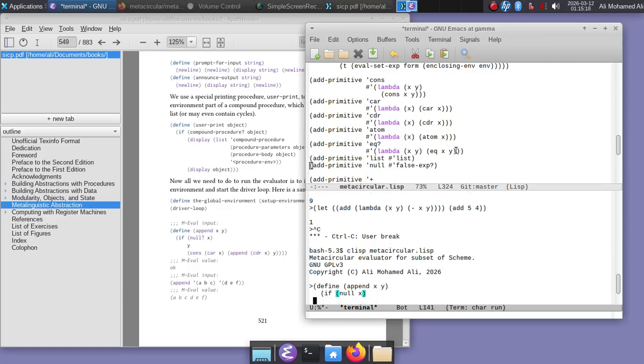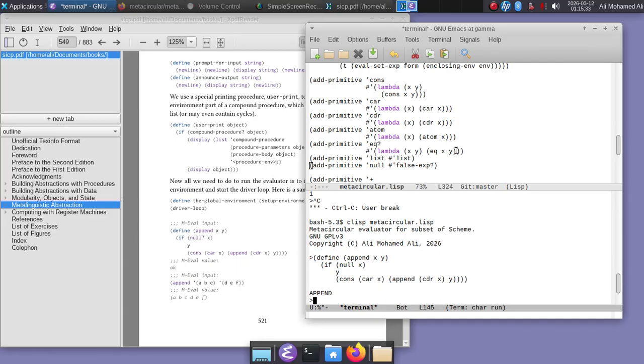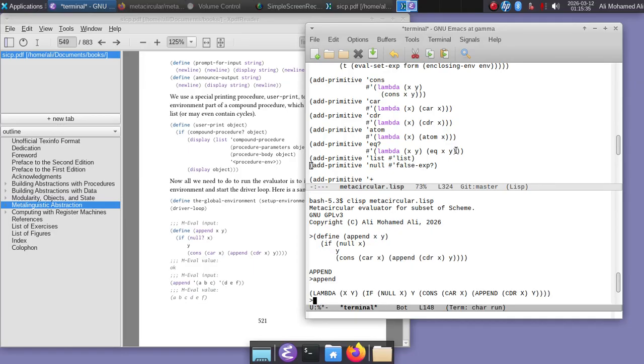If null x, return y. Otherwise, cons the car of x and the append of the cdr of x with y. And that's it. This is a recursive function that gives us append. If you do append, it gives you the body. Now let's append the lists A, B, C